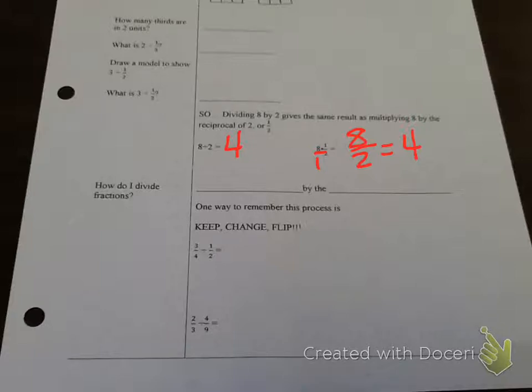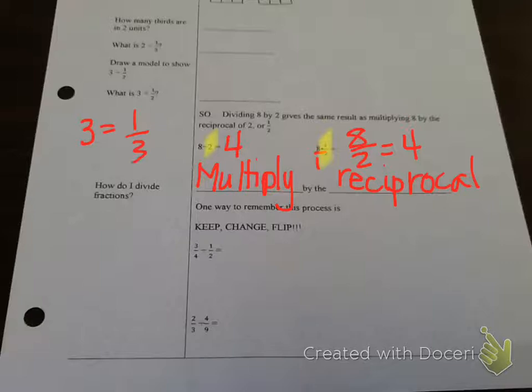Alright, so how do we divide fractions? We multiply by the reciprocal. So you can see up here that the reciprocal of 2 was 1/2. Reciprocal just tells us that any number that we have, like the reciprocal of 3 is going to be 1 over 3. The reciprocal of 2/5 is going to be 5 over 2. It's just flipping them upside down, because this is actually 3 over 1, so if we flip it, reciprocal is just the fraction flipped upside down,